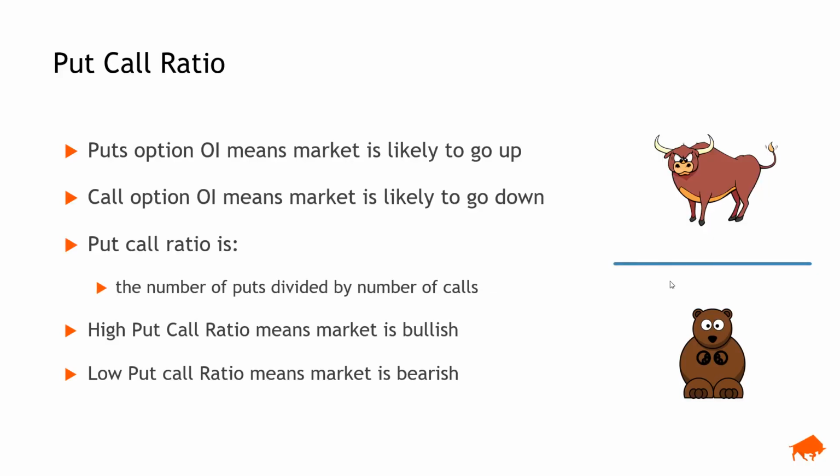So 0.7 is the magic number of an average put call ratio. Let me write that down here, 0.7. Roughly around this number is the magic number of put call ratio being neutral. Anything above this is a sign of bullishness, anything below this is a sign of bearishness. Now this number keeps changing according to market condition, but the generally assumed consensus is that it's slightly below 1, somewhere near 0.7 is the neutral number.